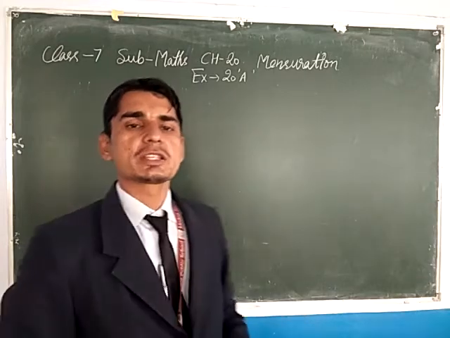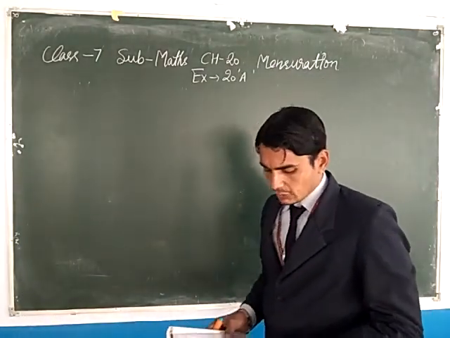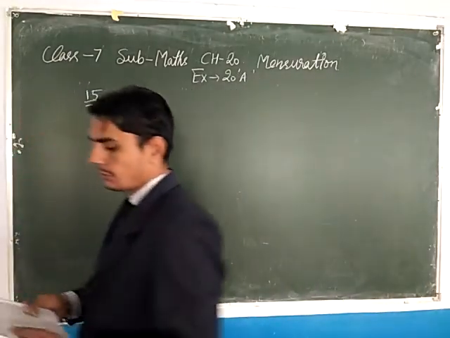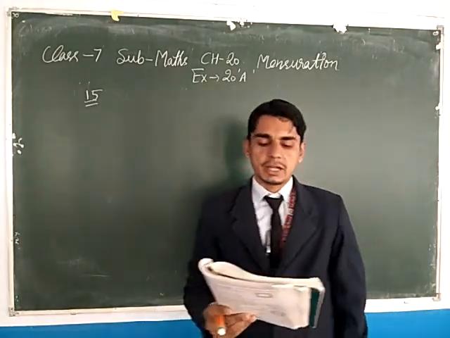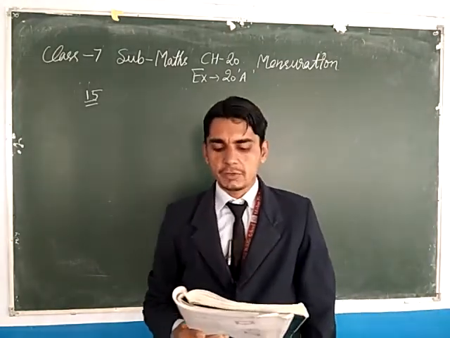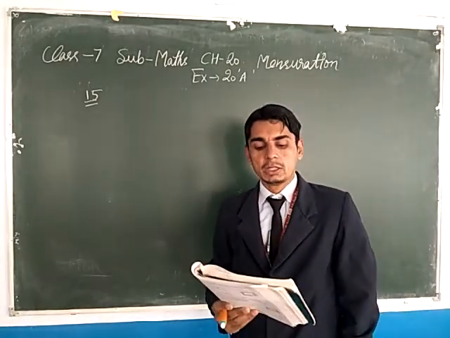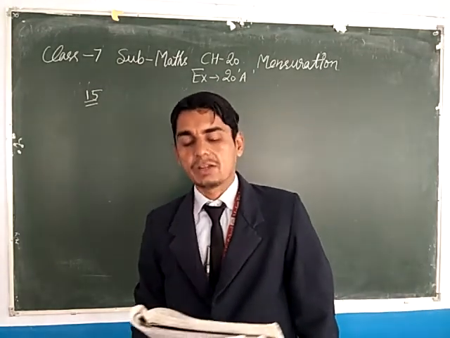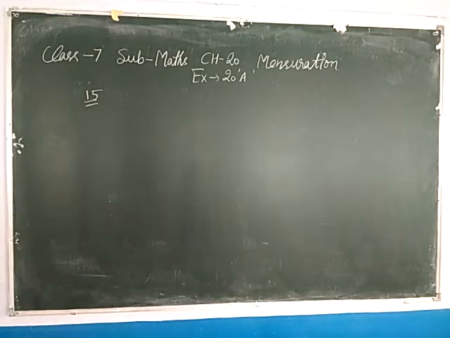So today we will discuss the last question of exercise 28. So firstly, see question number 15. A wire is in the shape of a square of side 10 cm. If the wire is rewound into a rectangle of length 12 cm, find its width. Which figure includes more area and by how much? So see the solution of this question carefully. This question is very important.